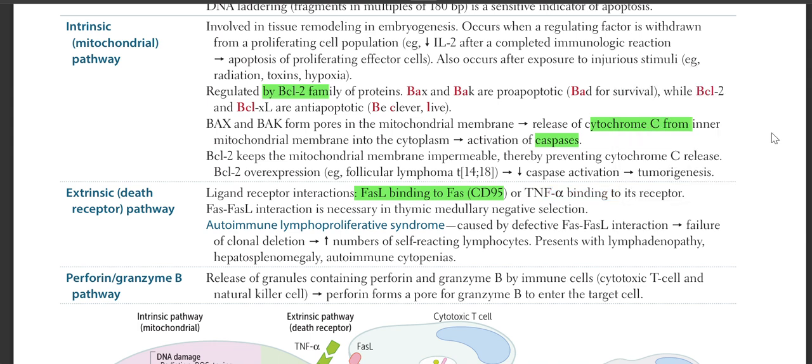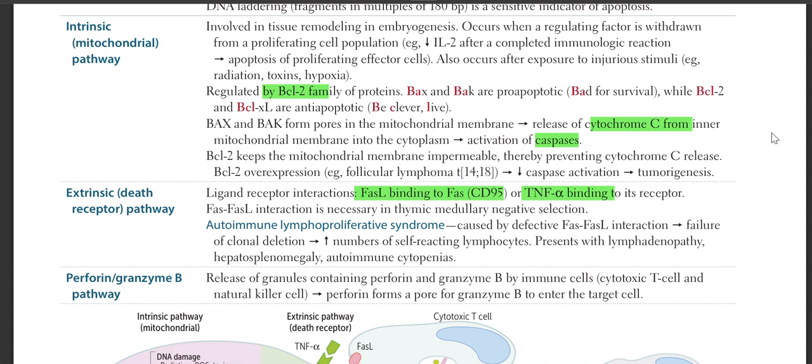How this works is the target cell has a receptor, and the T cell or the natural killer cell has the ligand. When the natural killer cell binds the ligand to the receptor on the target cell, that cell would internally start apoptosis